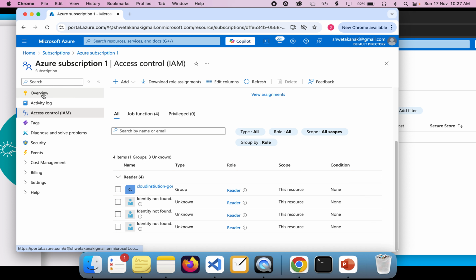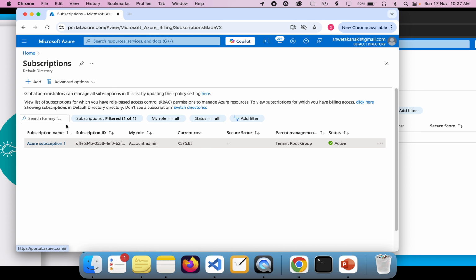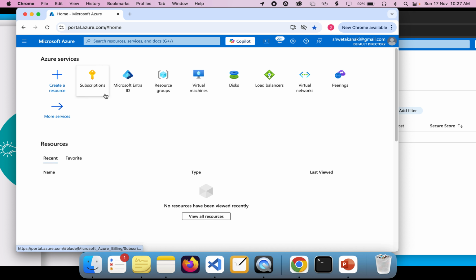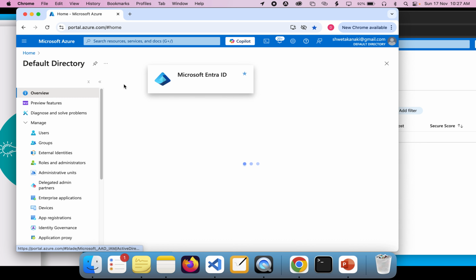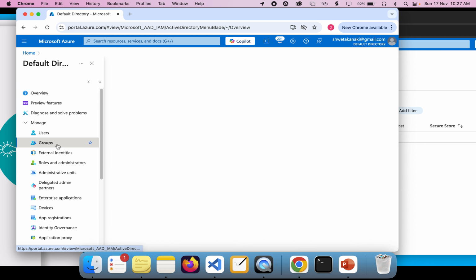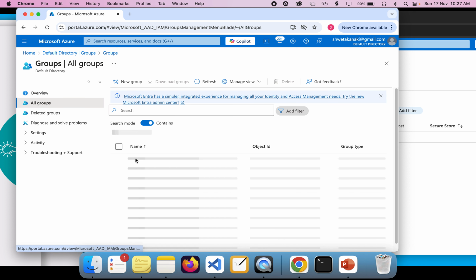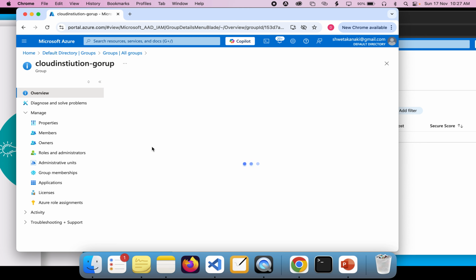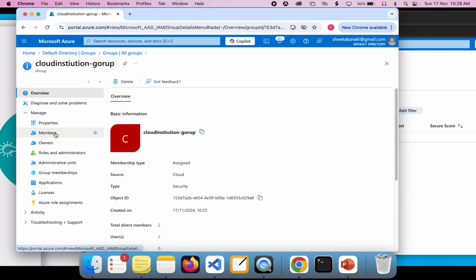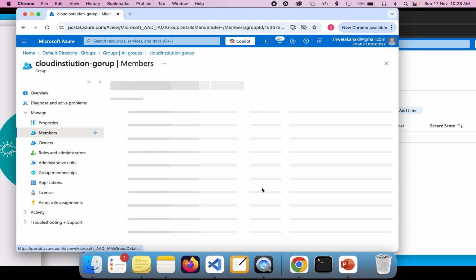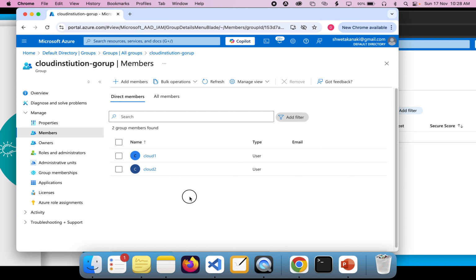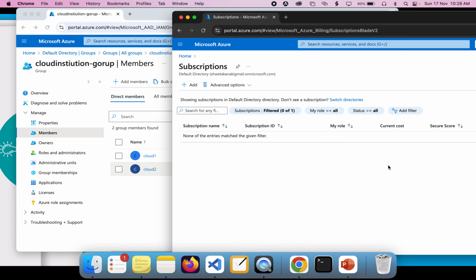Before that, we can go to home, and then go to groups, Entra ID, and all groups, and make sure the members are already there or not. If you can see the members, okay, we have a couple of members, Cloud 1 and Cloud 2. So now if you go back and refresh it,